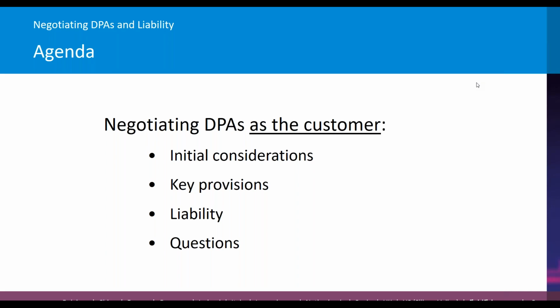But today we're going to be focused on what you need to think about when you're contracting with your vendor. And so to be clear, we're very much approaching this webinar from the perspective of being a customer who's engaging a vendor, and principally a customer who's engaging a vendor who's going to be acting as a data processor. We will touch on some of the other issues that can come from contracting with vendors who are controllers, but the primary focus here is your standard kind of controller to processor or processor to processor relationship, and some of the key contractual issues that you'll need to think through.